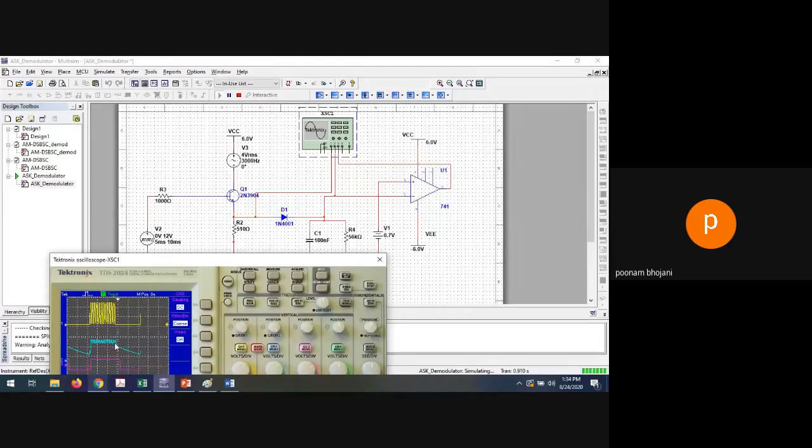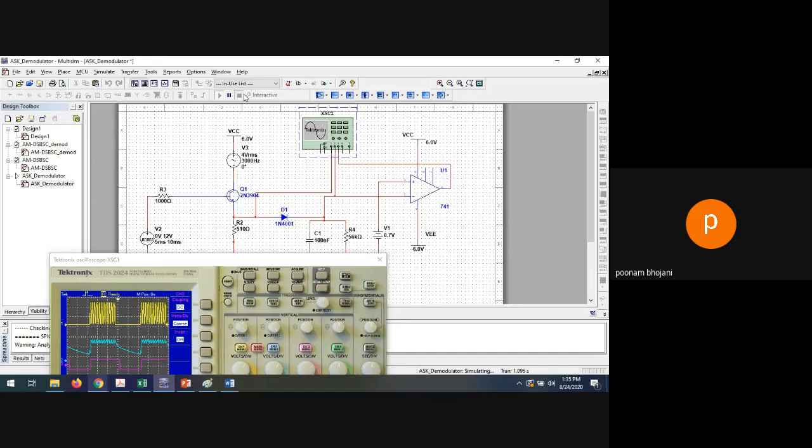And if it is less than 0.7, let's say this is 0.7. Okay, so if it is less than 0.7, after this you will get the value 0. Again you will get the value high, you will get the value 0. Now if you observe, at 0.7 only your signal is becoming 0, not exactly at this point, right? Why? Because you have kept it at 0.7.